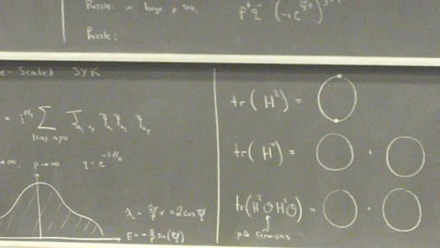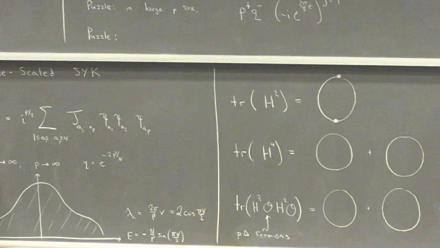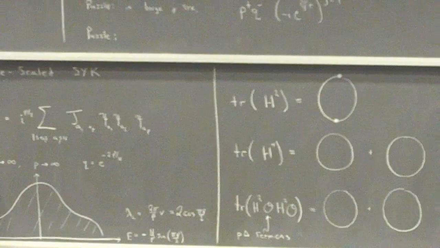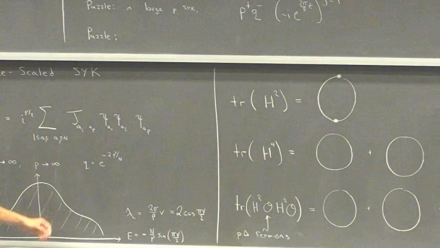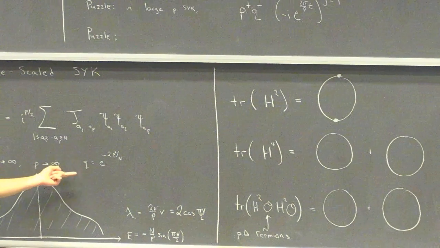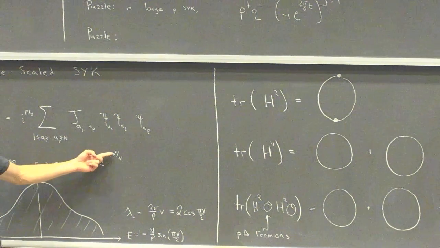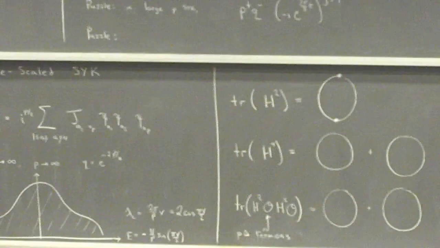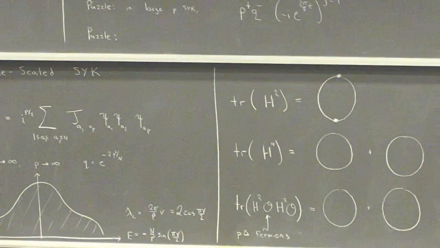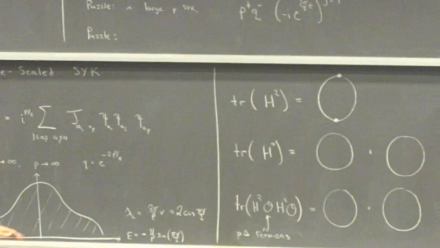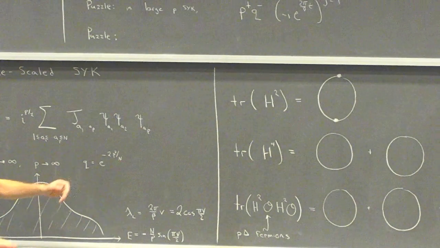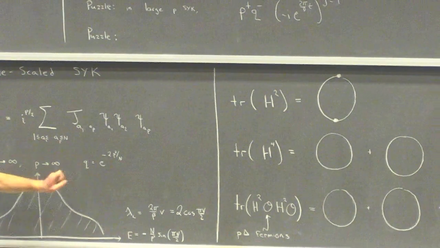And the double-scaled limit is a kind of funny limit where you take both of these parameters to infinity, but you hold fixed this function q. q is the exponential of minus 2 times p squared over n. Basically, you hold fixed p squared over n. You take both p and n to infinity. And a very useful parameter to discuss in that limit is this parameter q.